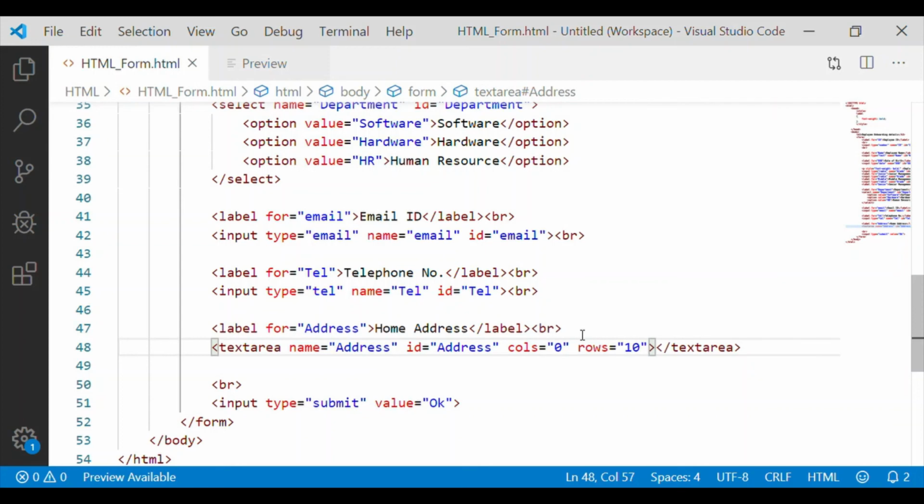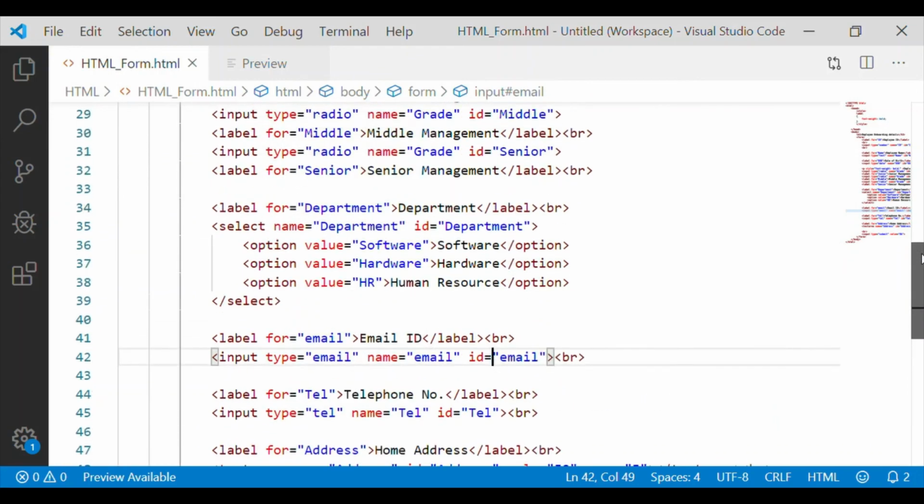I want a rectangle, multi-line text box, so I am making the columns 50 and rows 5 so that it looks like a rectangle. And I have given the label for this text area as home address.